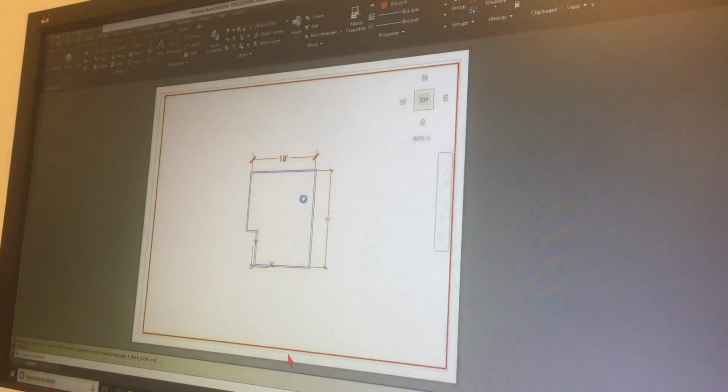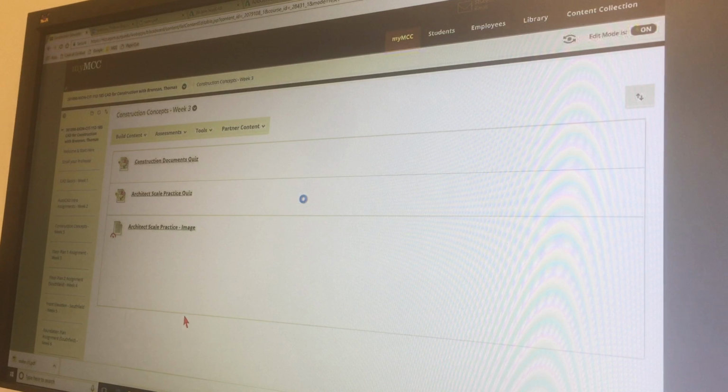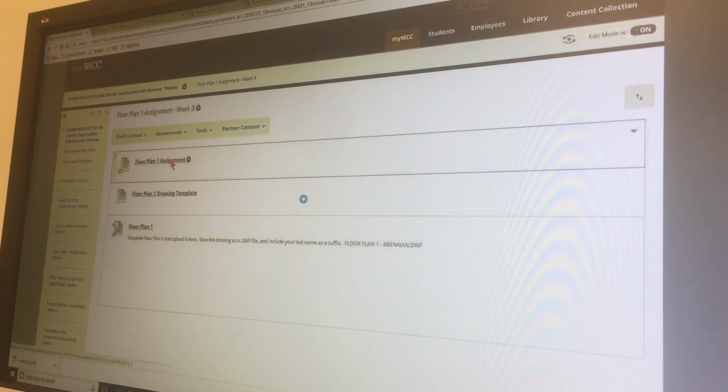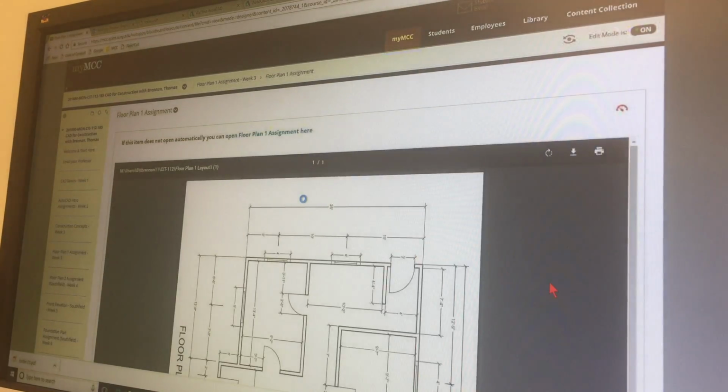So what I'm going to do here, I'm going to go into here, and I'm going to look at my floor plan drawing. First of all, I'm going to make sure that I've got my content, because Professor Brennan said that there are templates out here. So let me see if he told the truth. I hope I did. So here I've got the floor plan one assignment, which Shazam is right there